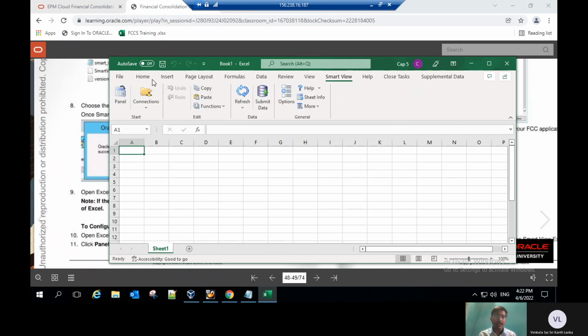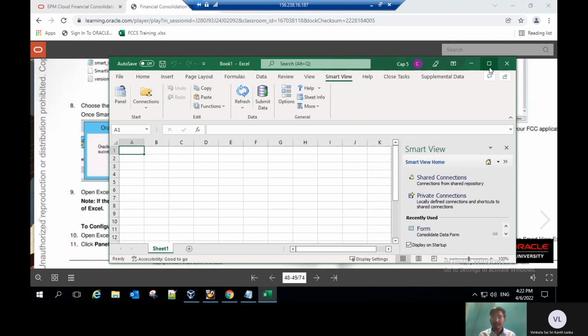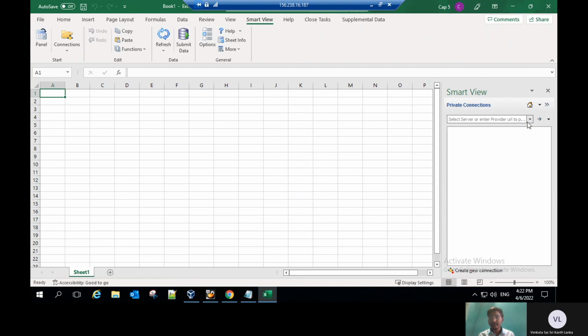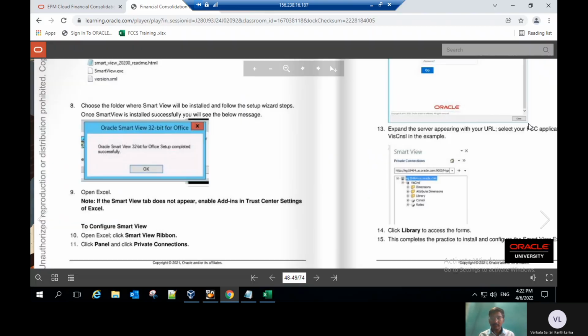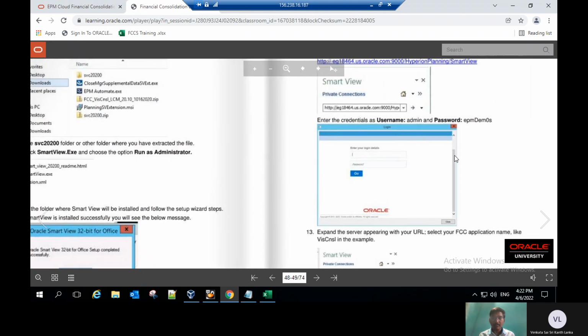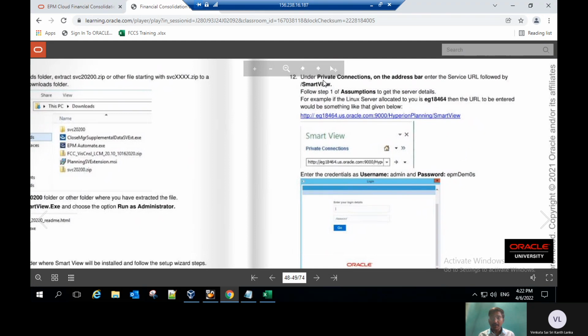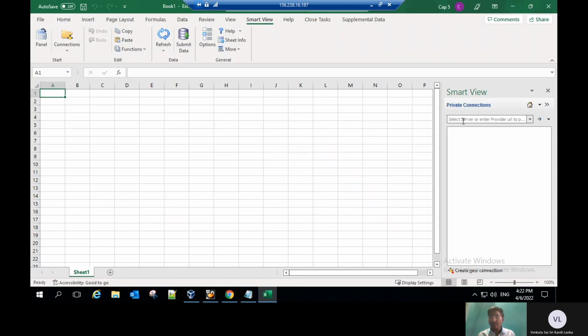By clicking on this, click on panel, click on private connections. Under the private connection, on the address bar, enter the service URL followed by /smartview. We have to give the URL here, and then